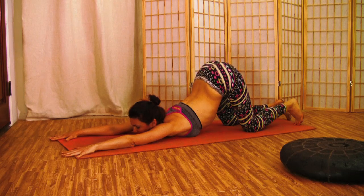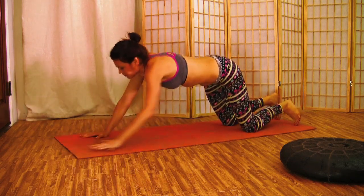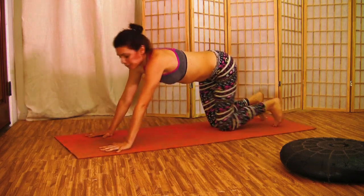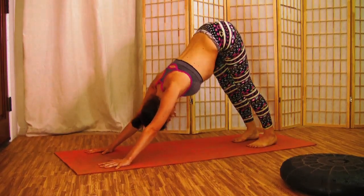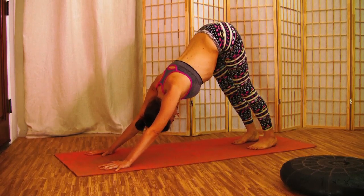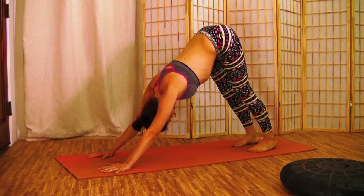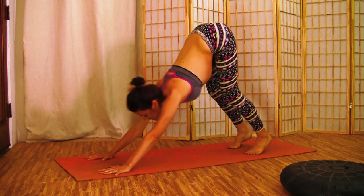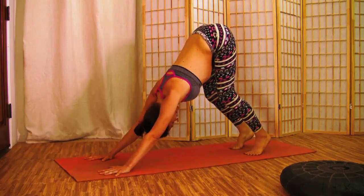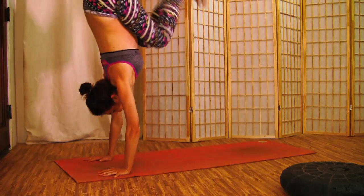After all, this is a coffee cup and we're waking up. There is nothing more invigorating than back bends. And coming back up, downward facing dog. And let's lift the heels off the floor, bend the knees, look between your hands, and take a hop to